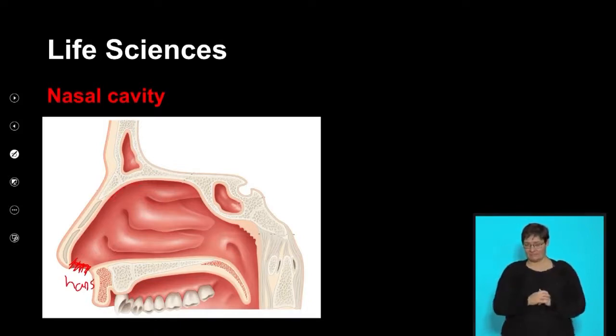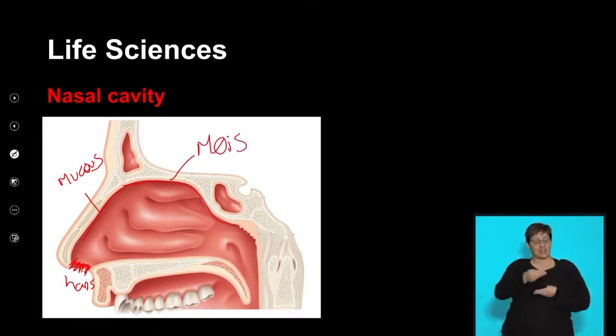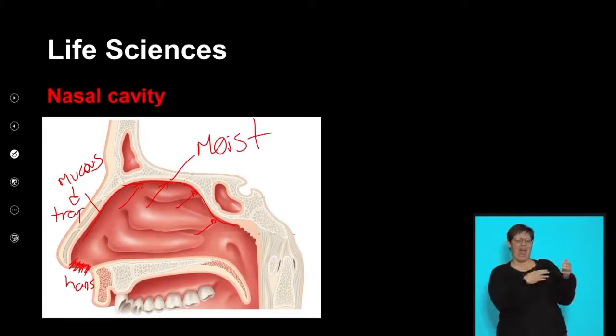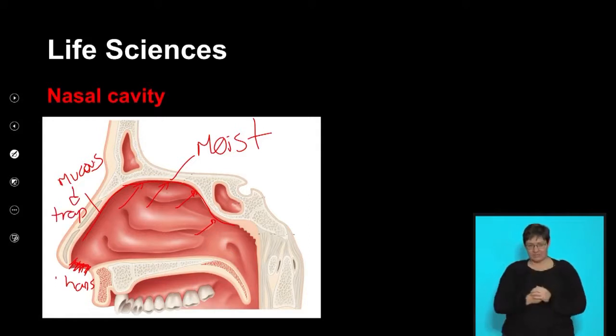Also, what have we got in the nose? Mucus. A lot of you call it snot, and yes, you are quite right. But we've got a lot of mucus. Now, what must a gaseous exchange system be? It must be moist. Why? Because the oxygen must dissolve into a moist lining. But not only is it moist, what else does the mucus do? The mucus is also going to trap any dust or foreign thing and bring it out. So I'm going to have hairs, I'm going to have mucus,